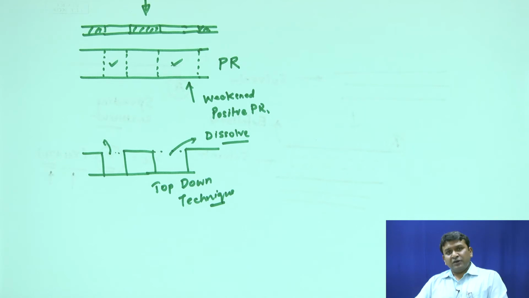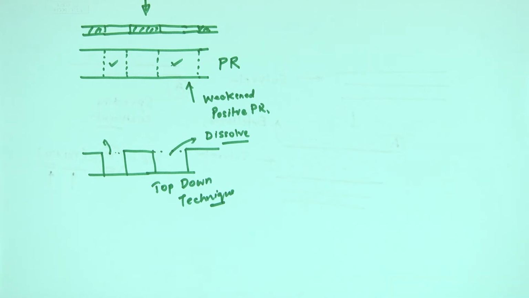So I guess you are now competent enough to look at a process and find out whether it is top down, bottom up, or a combination of whatever. For example, this pattern directed dewetting, what we have talked about towards the end of the course, essentially combines the concepts of both self organization as well as top down. Why? Because you typically start off with a patterned surface which is top down, and then you create a film over that, and it evolves along the contours of the pre-existing pattern.